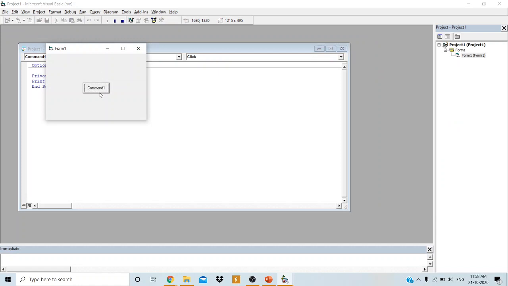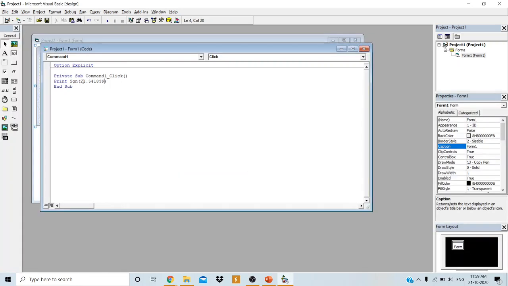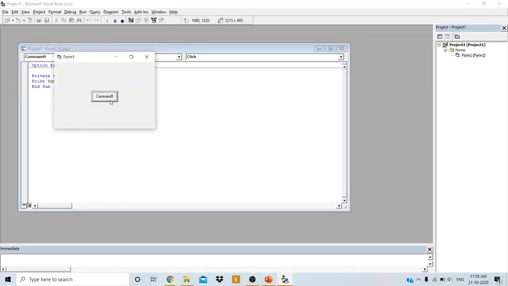Run, click on the command button. What is displayed? 1. So 1 is nothing but a positive number. 21.541839 is a positive number. If I change it to a negative number, minus 521 point and so on, click on the command button.